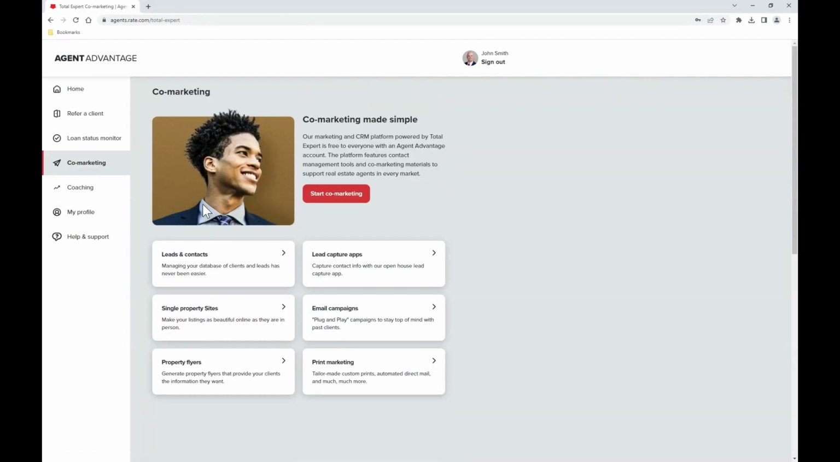Now, prior to getting started with the creation of a drip campaign, I do encourage you to take a self-guided tour of the email marketing library, and you may even consider watching the email marketing tutorial if you haven't already. When you're taking that self-guided tour, just take note of any of the available emails that you may want to string together as a part of a drip campaign. Then once you're good to go, from this co-marketing screen here in Agent Advantage, go ahead and click on Email